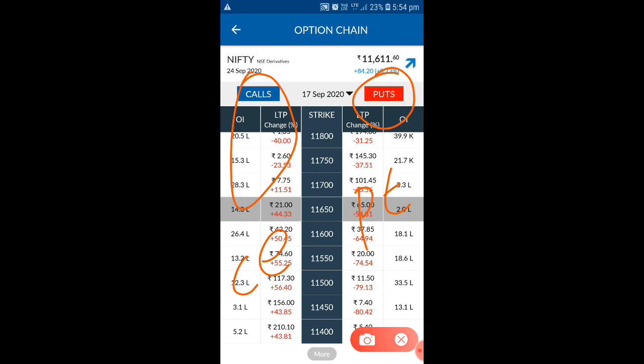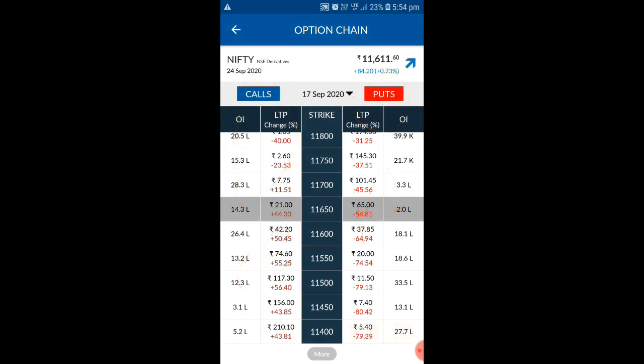And always you can identify the strike rate. Here you can see this is the current strike rate of Nifty, since Nifty future is the current strike rate. If you come to this area, this is Nifty's current strike rate, because you can see 11,600 and this is also 11,600. Based on this only you have to select the C or P: when the market is going up, where you have to enter, or which C you have to buy or which P you have to buy. So you have to decide based on the strike rate.